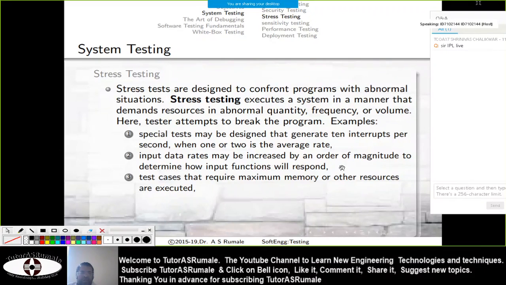These are the points to be considered for testing the stress handling capacity of your software. Software or a system should be checked for stress testing.